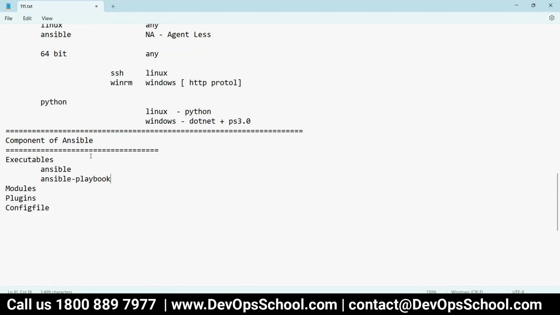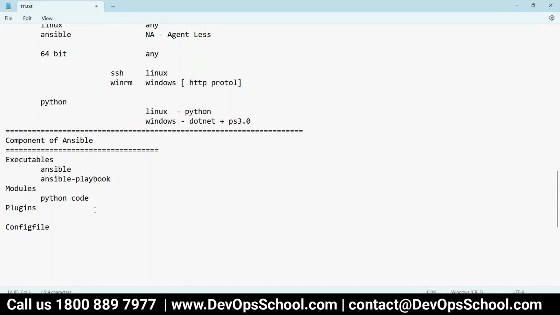So now next question is, what is a module? What is a plugin? What is a config file? And all this thing. So right now I'm just stating at a high level, so you don't have to get lost in that. Okay, so what is a module? So guys, modules is basically Python code. Now next thing is, okay, Python code for what? That I'll discuss in some time.